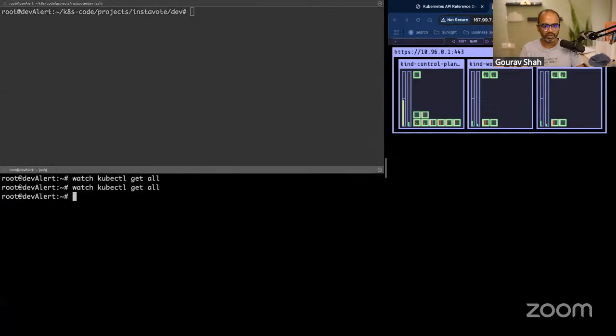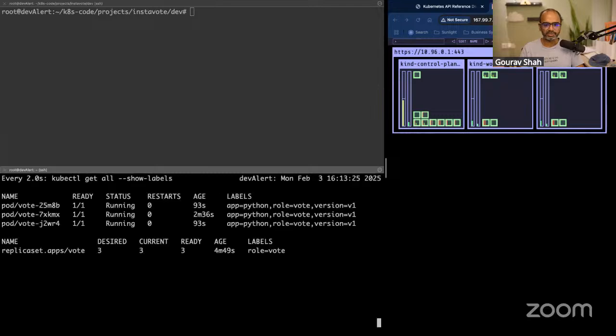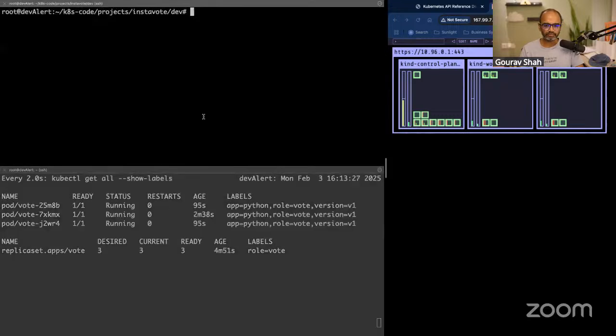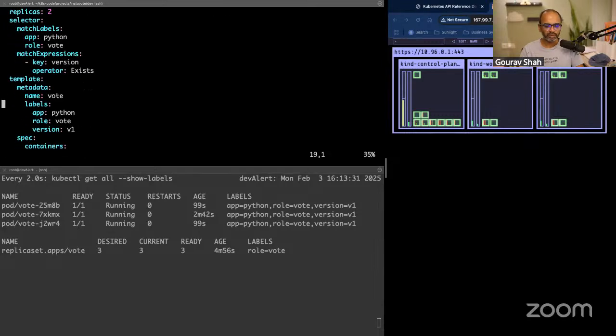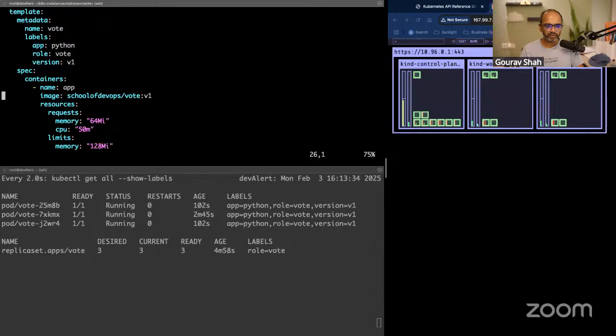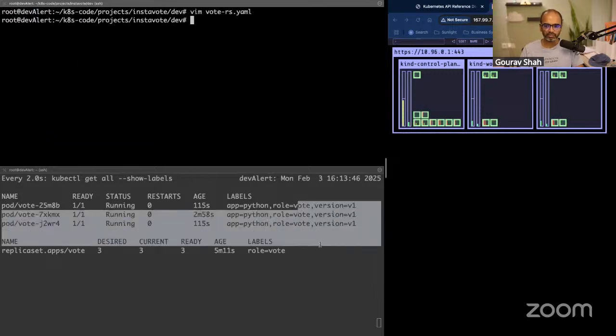So we look at get all with show labels. You see the version v1. Let me make some change here. There are 3 pods running with v1. Now when I change the version, I'll change it in the image and the label, both, just to reflect. Label is not mandatory, but it's good to make this change also so that it reflects in the bottom side